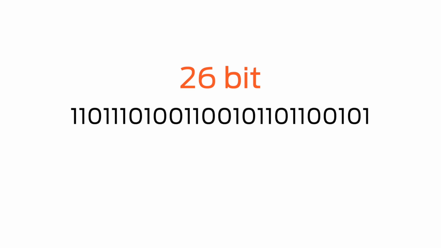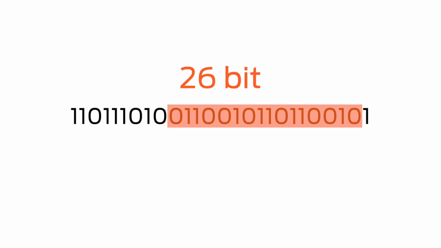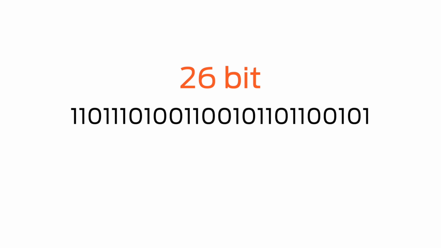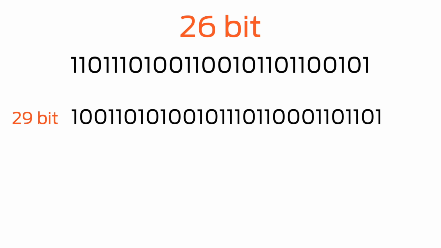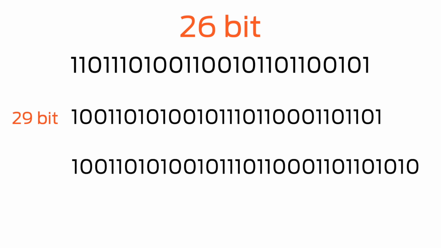So that's the 26-bit card format. 8 bits for facility code and 16 bits for the ID. The 26-bit format is so common that many access control systems are set up automatically to read it. Now that you know that cards can have two different numbers stored on them, you're also ready to know that 26-bit is not the only card format. In fact, there are many different card formats out there, some common, some unique to individual companies.